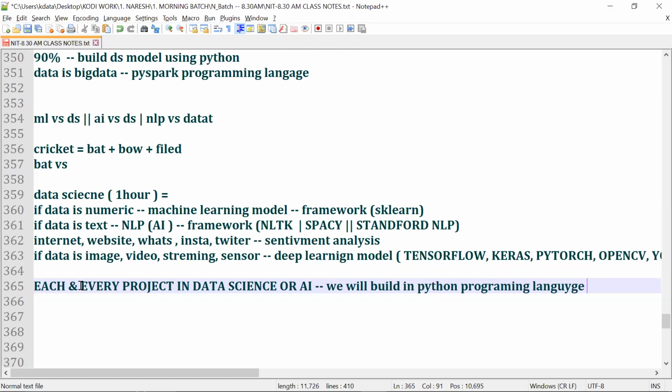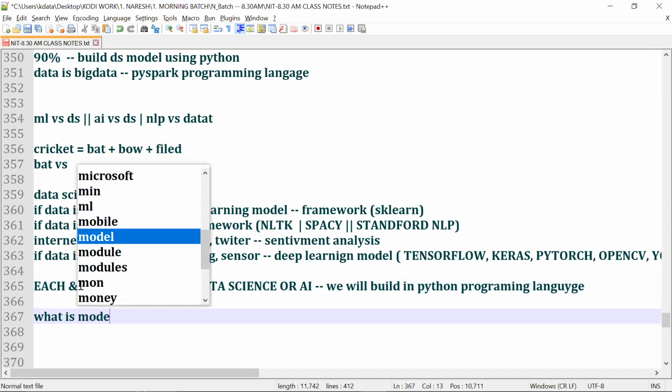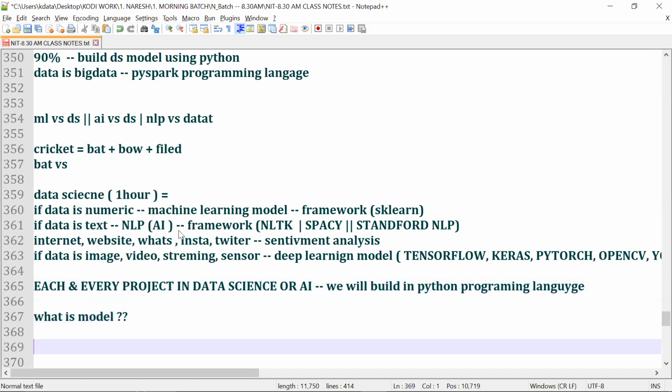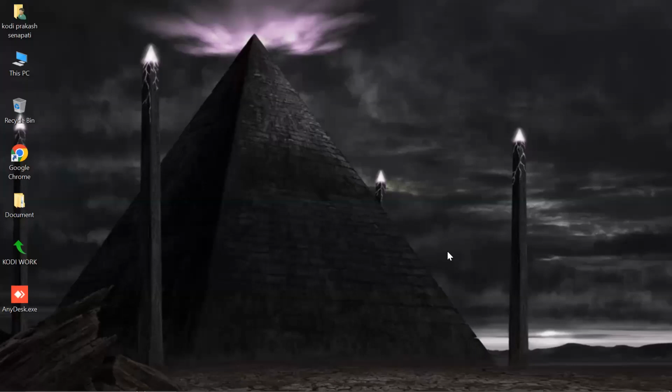Now let's say, sir, what is meant by model? A lot of people ask, what is meant by model? I'll give you one simple answer, guys. Let's say 2 plus 3. 2 is input, 3 is input. Am I correct or not, guys? And output is generated. This is the traditional programming language. There we feed input, we write a logic, and we generate the output as 5.